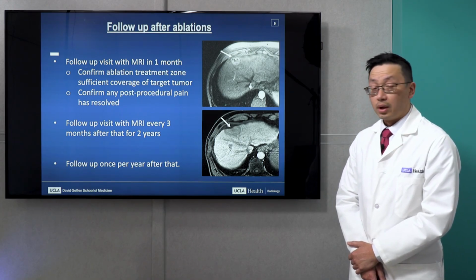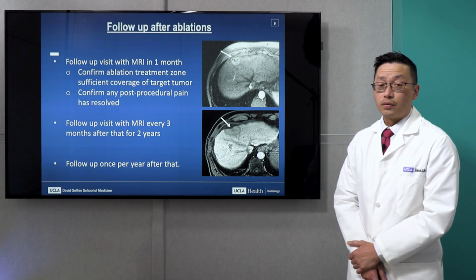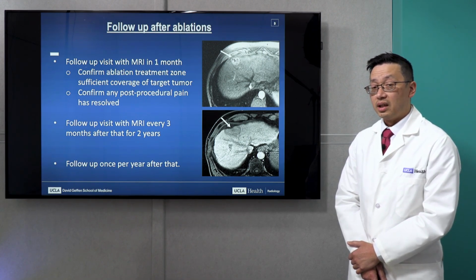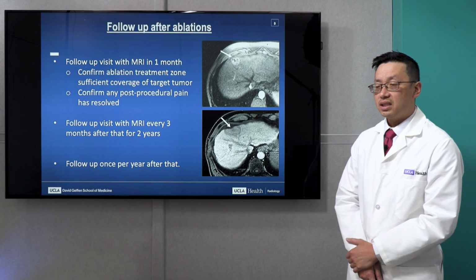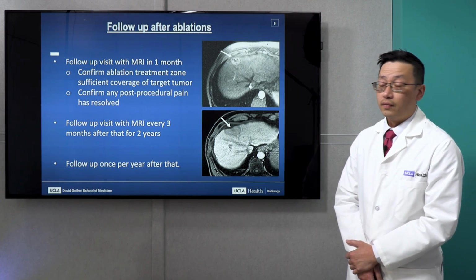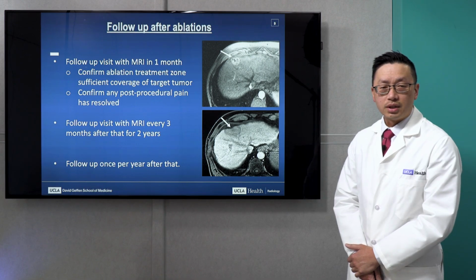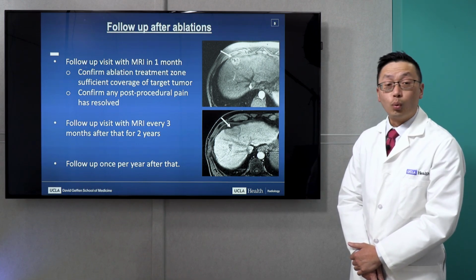We also schedule a follow-up visit every 3 months for up to 2 years afterwards. The idea for this surveillance frequency is that if there's any residual disease, we can treat it again with ablation very quickly. If there's no evidence of recurrence after 2 years, then the frequency drops to once per year after